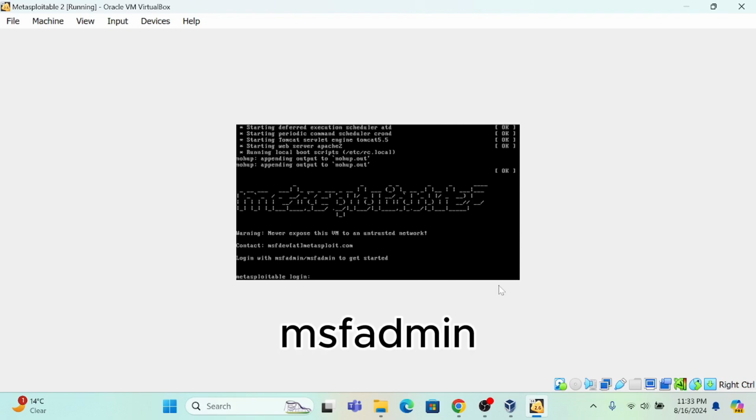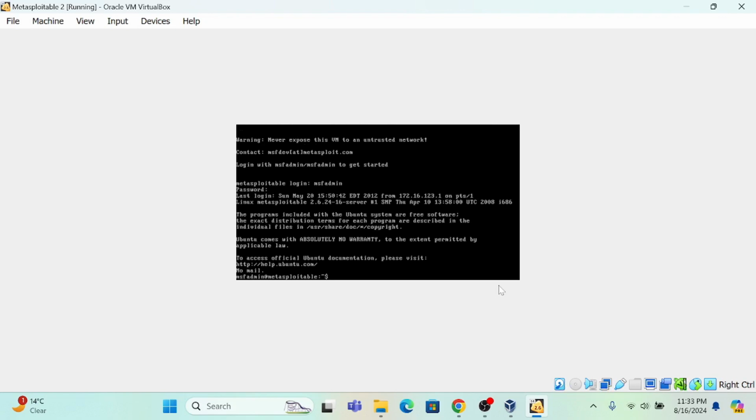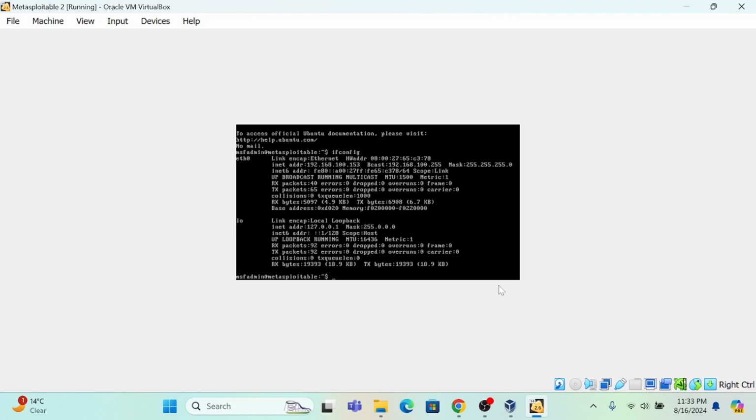To log into Metasploitable, both the username and password are msfadmin. Type the ifconfig command to see the machine's IP address. We can see that the IP address is